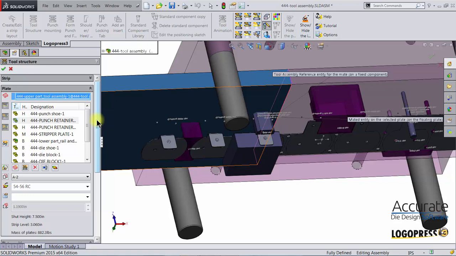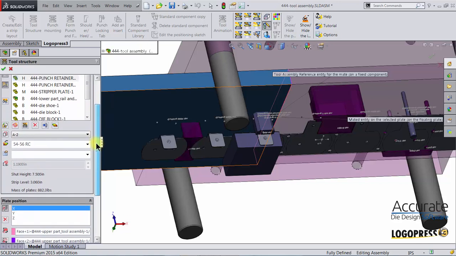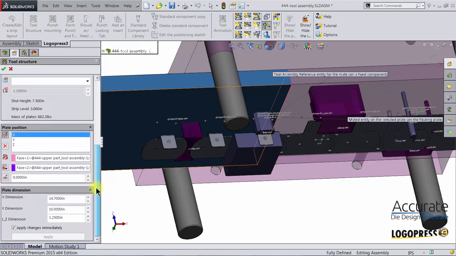Once that plate is inserted, here is where we can add a gap distance. Right now you can see I have focus on the plate positioning, X plate position, and I'll enter 0.050 for a gap. And if I zoom in here,